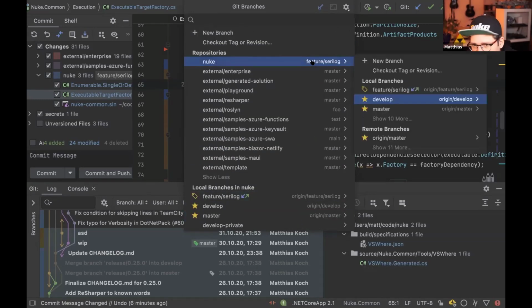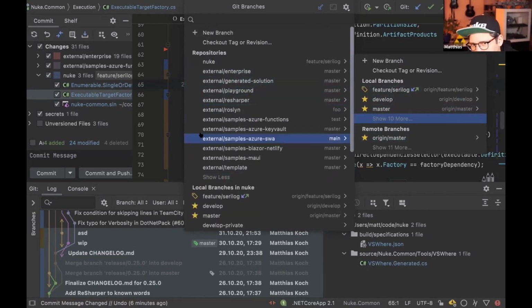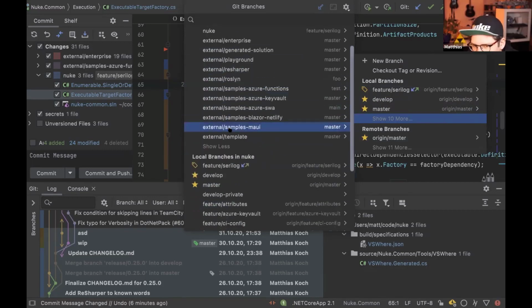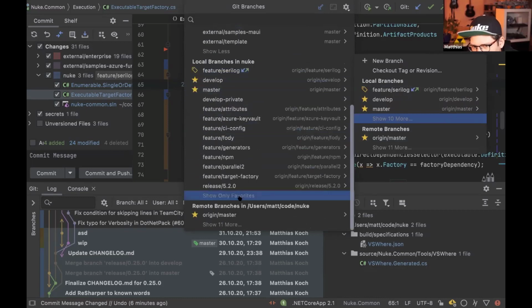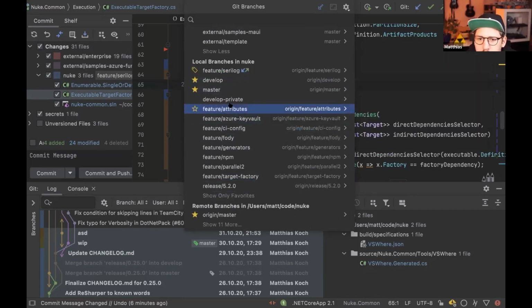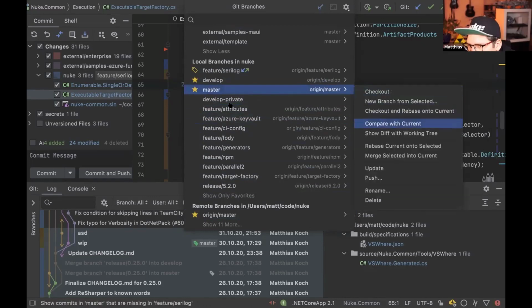You can rebase from here. So, okay, this is the repositories that I mentioned, because I have not just a single one, but multiple. Usually, if you only have a single one, then you would only see this dialog from down here, I suppose, at least. But then we could say we want to rebase the current onto the selected, for instance, and then